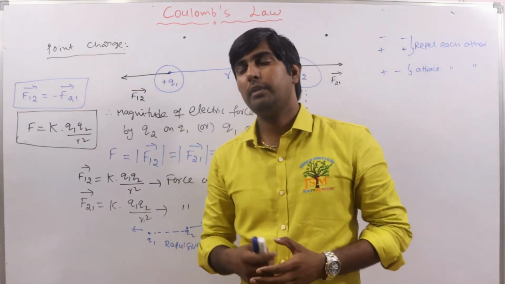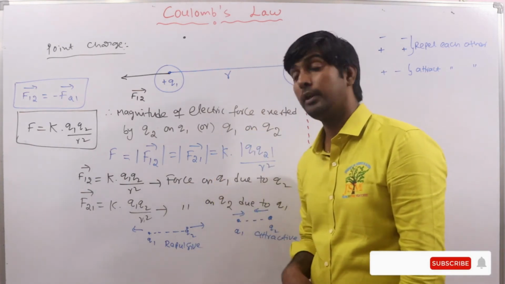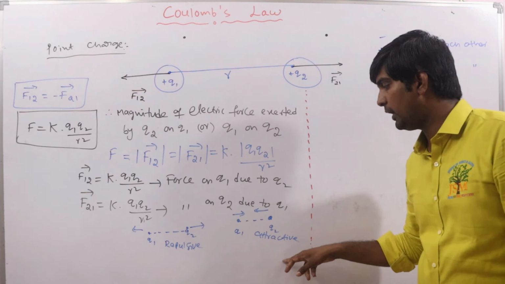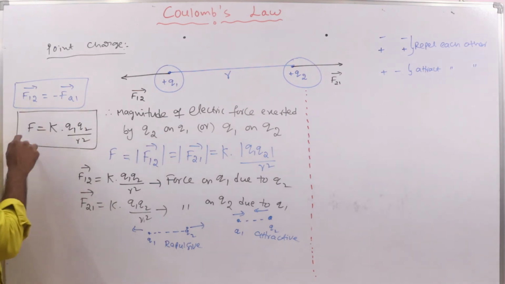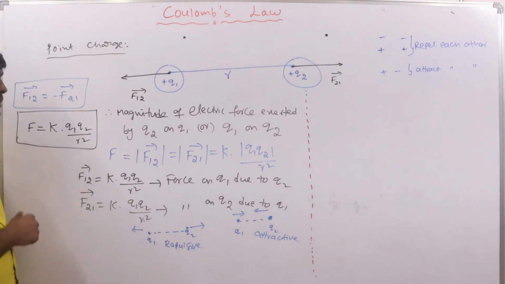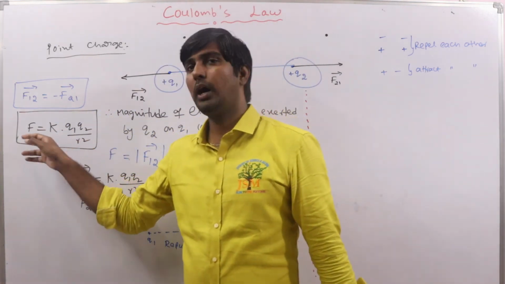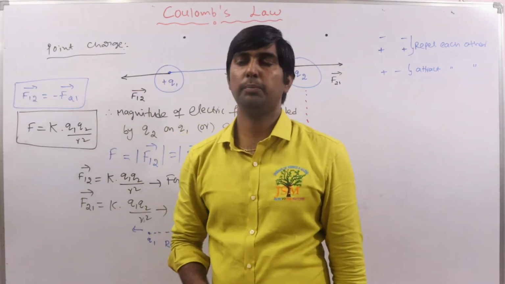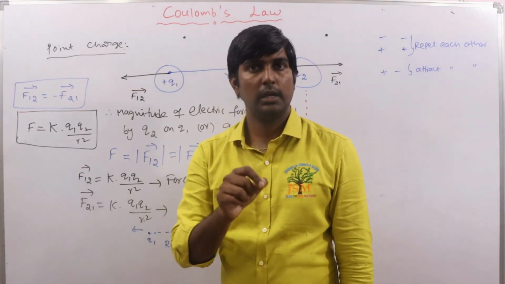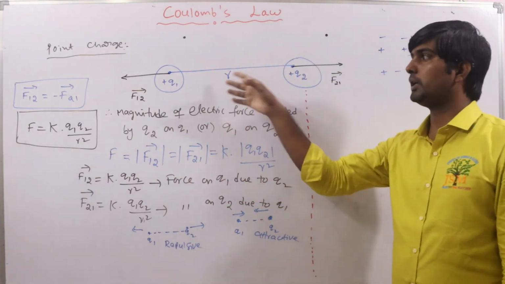Clear? And how can we identify? Depending upon the sign. If force is positive valued, that is the repulsive force. If the force is negative valued, then that is the attractive force. Clear? Next, this is the equation which we use to calculate the force between the two charges. From Coulomb's law, how can we define Coulomb's law now? The force of attraction or repulsion between two charged bodies is directly proportional to the product of charges and